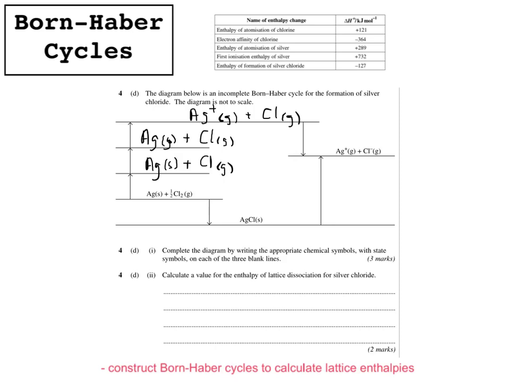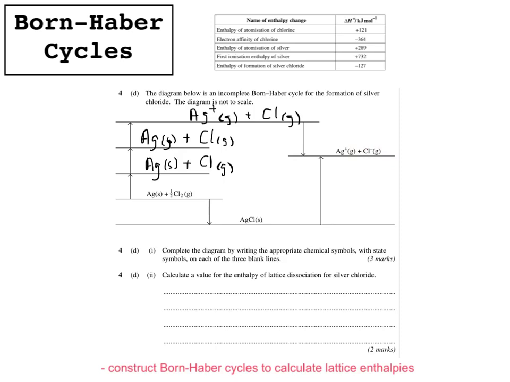And then the electron affinity of chlorine is actually a negative enthalpy change. You can see that in the table, minus 364, and so that's this arrow here. And then we can calculate a value for the enthalpy of lattice dissociation for silver chloride, which is this arrow here, dissociation going from silver chloride to the 2 ions,